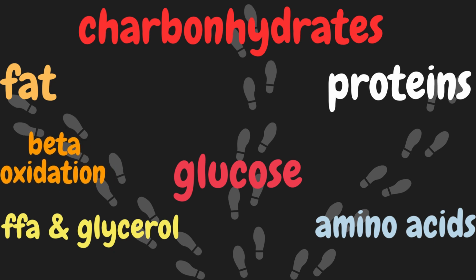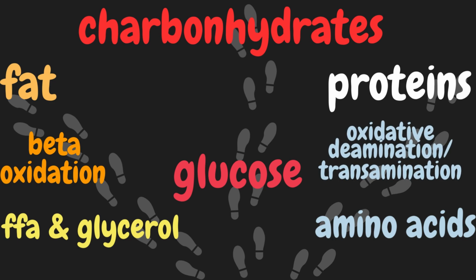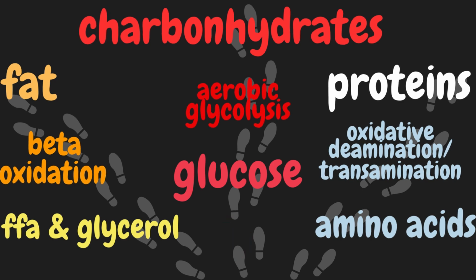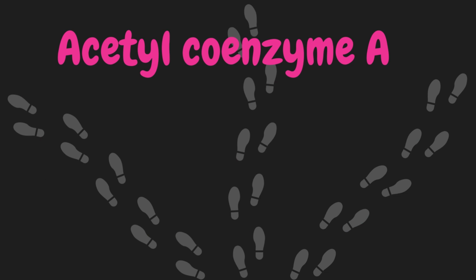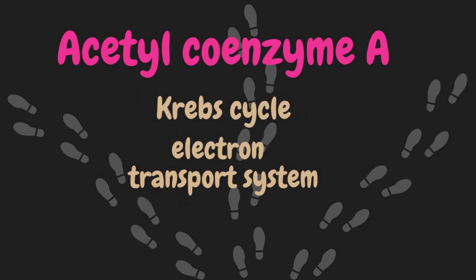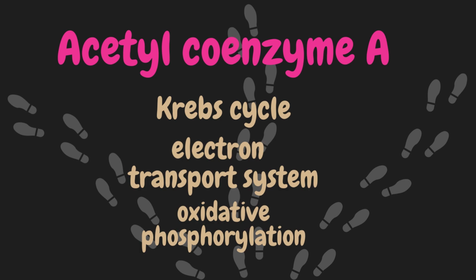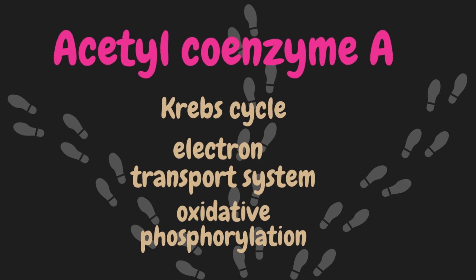Free fatty acids and glycerol through beta oxidation, amino acids through oxidative deamination or transamination, and glucose through aerobic glycolysis and its transformation to pyruvate will be converted in acetyl coenzyme A. Acetyl coenzyme A is a central converting substance in the metabolism of fats, carbohydrates and proteins in order for the metabolism to proceed to the next stages of the Krebs cycle, the electron transport system and the oxidative phosphorylation, and